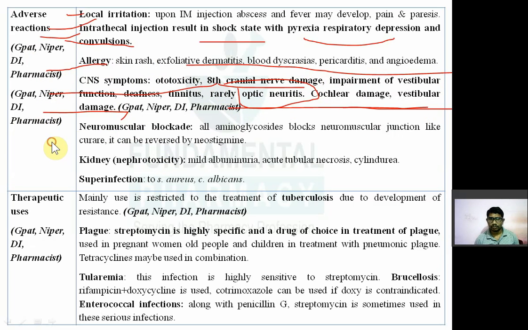Again, they can block the neuromuscular junction. So all aminoglycosides are neuromuscular blockers, but it can be reversed by neostigmine. Now kidney के ऊपर they have a nephrotoxicity like mild albuminuria, तो आपके यूरिन में अल्बुमिन आएगा, acute tubular necrosis